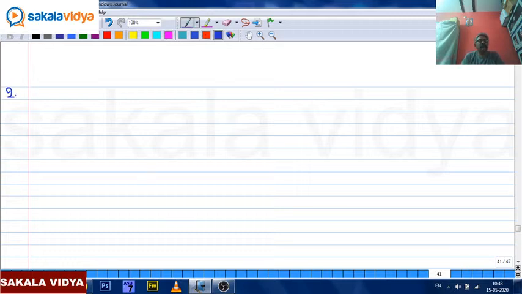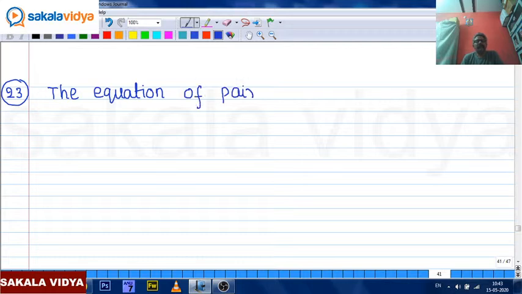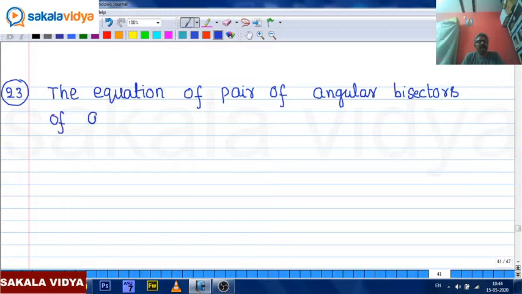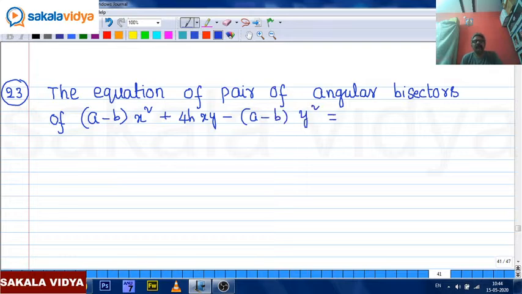Now 23rd question. The equation of the pair of angular bisectors of a minus b times x square plus 4h times xy minus of a minus b times y square equal to 0 is